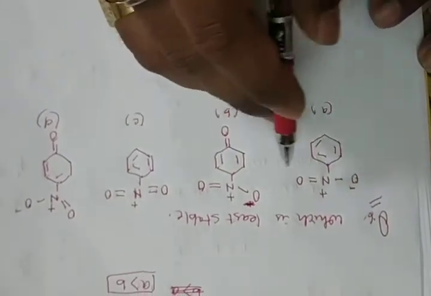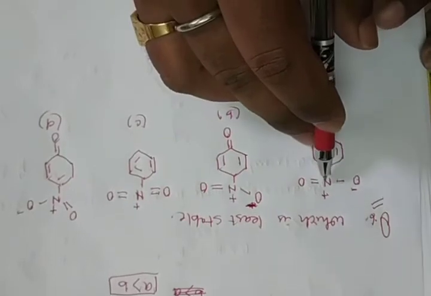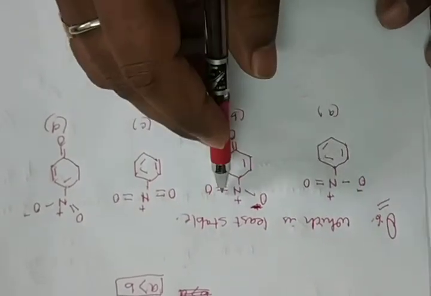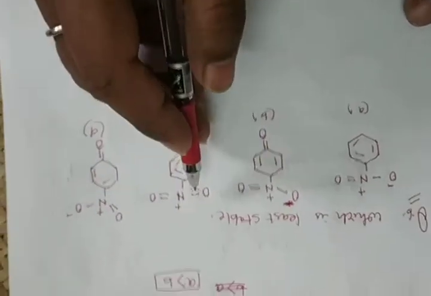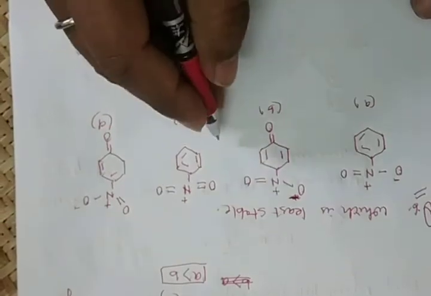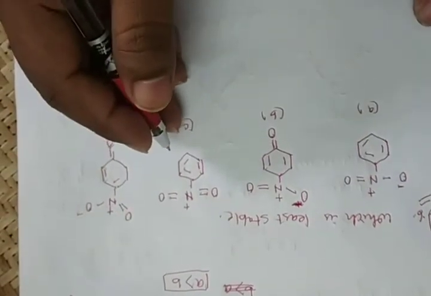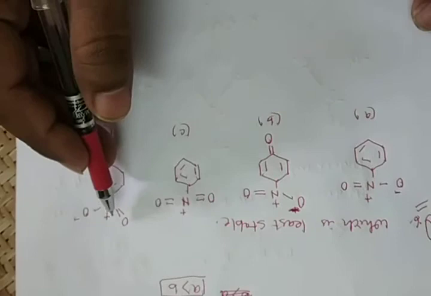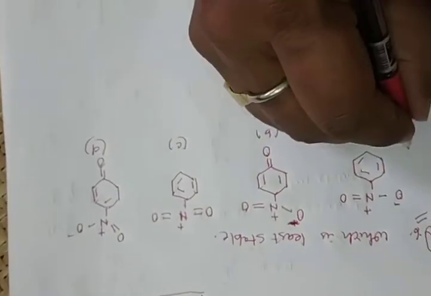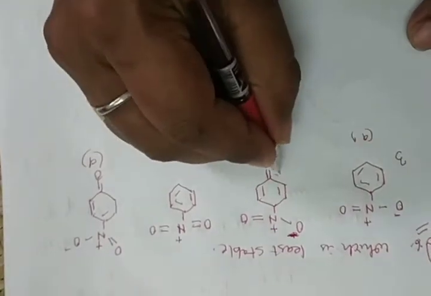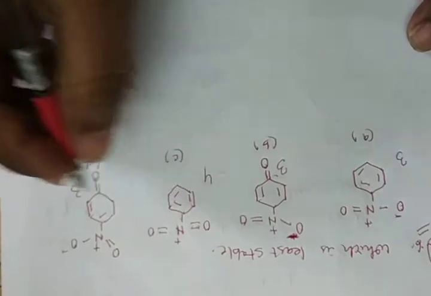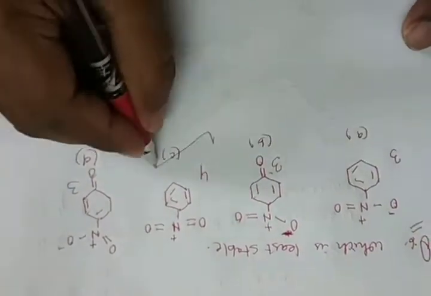First you check the valency. Nitrogen shows 1, 2, 3, 4, and a plus means 3. 1, 2, 3, 4, plus means 3. 1, 2, 3, 4, 5, plus means 4. So nitrogen can never show 4 valency. Nitrogen containing a positive charge means 3. So all compounds show 3 valency, but in this case there is a 4 valency. The answer is what? The answer is C.